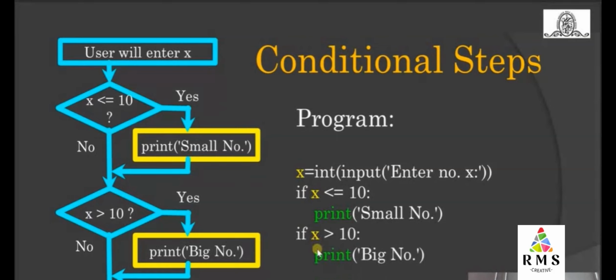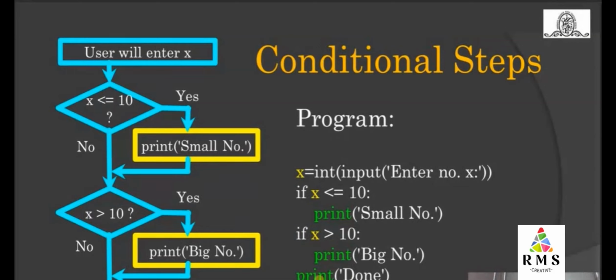If x is greater than 10, like that, we have added the block over here. If x is greater than 10, we are going to print big number. And finally, print done. Friends, why is indentation not provided over here for print done? Because it is not within this if, right? Even if the condition x greater than 10 is true or false, print done